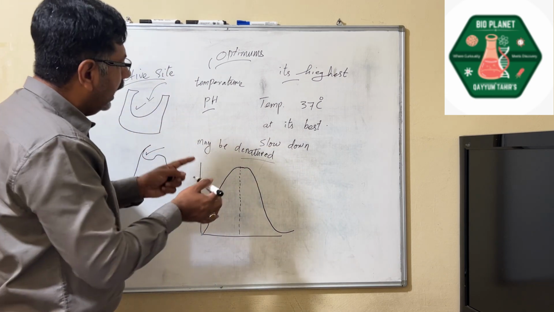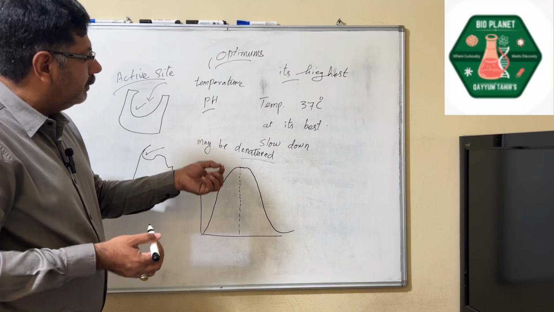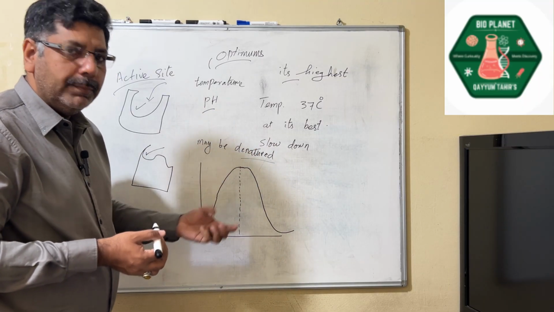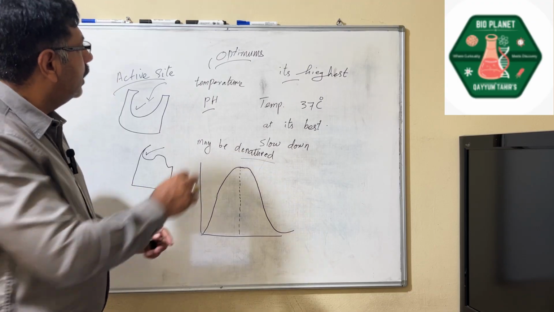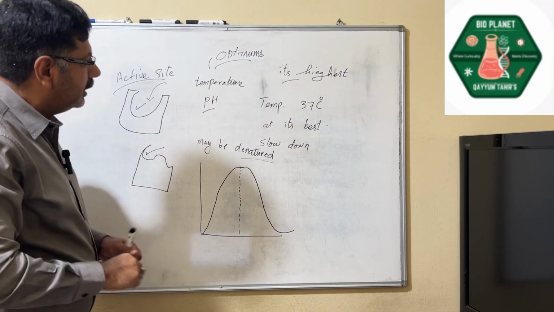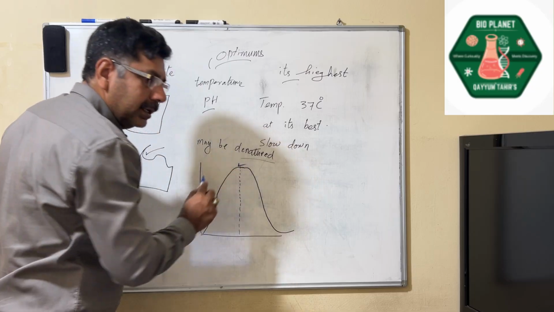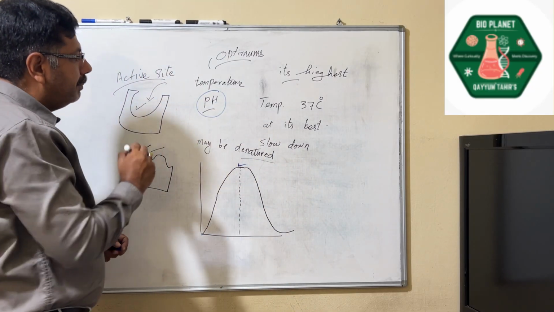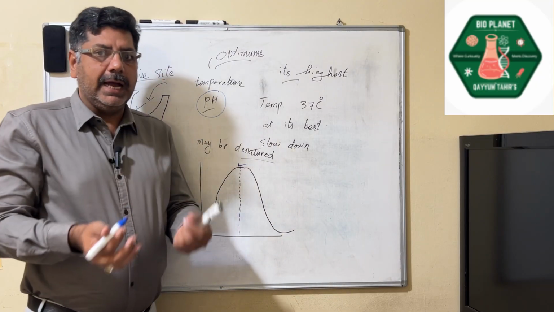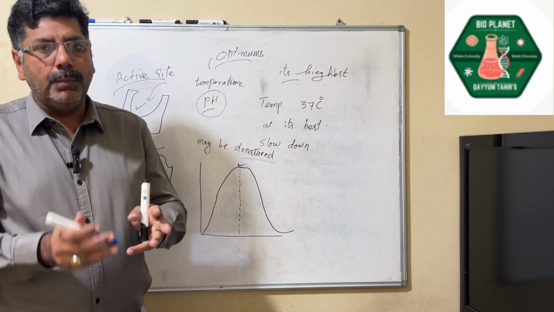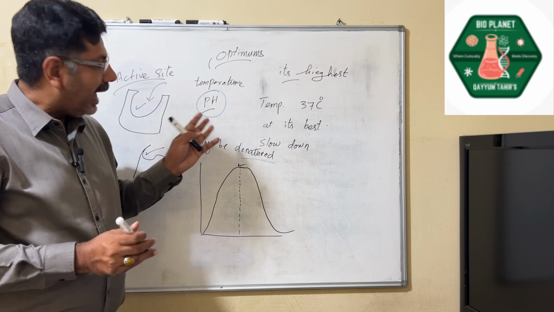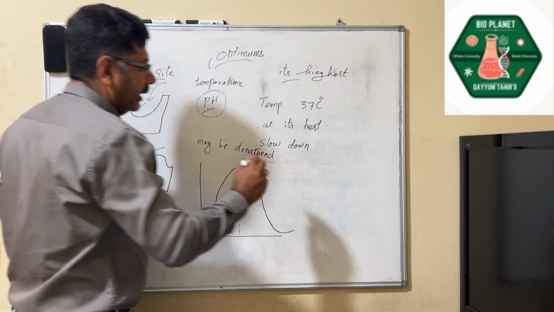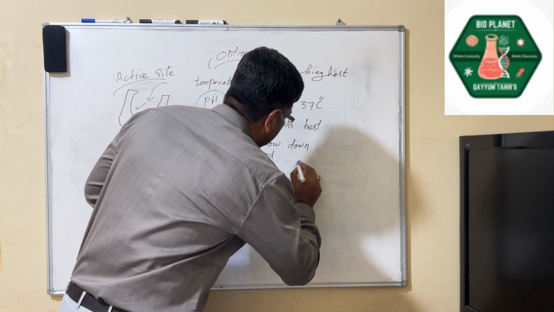So why is optimum temperature required? For the highest activity or the best performance of an enzyme, we need the optimum temperature. Same is the case with the pH value. Each enzyme performs better at a certain pH value. For example, in the gastric area, like the stomach,